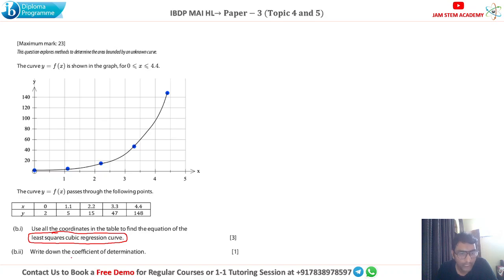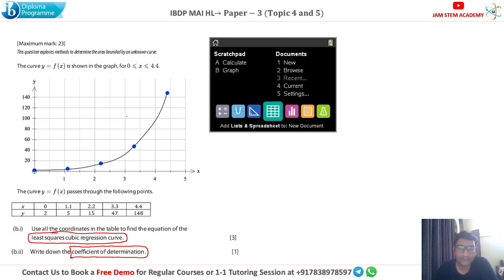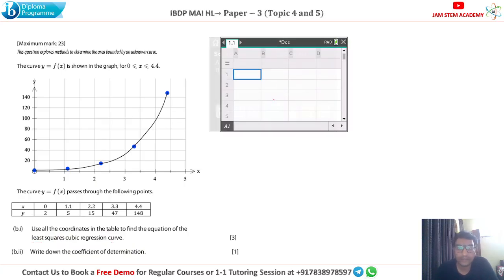That can also be calculated in the same way. First, let's calculate the regression equation. Automatically, it will give me the coefficient of determination also in the same column. So, in your GDC, select this new spreadsheet over here. Then enter all the x values in column 1, like 0, 1.1, 2.2, and so